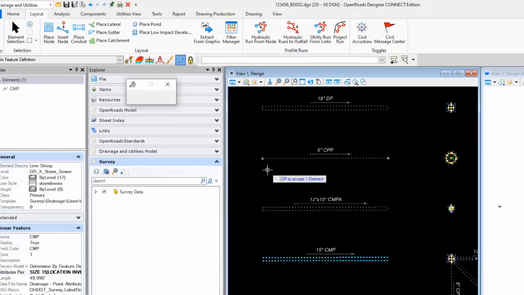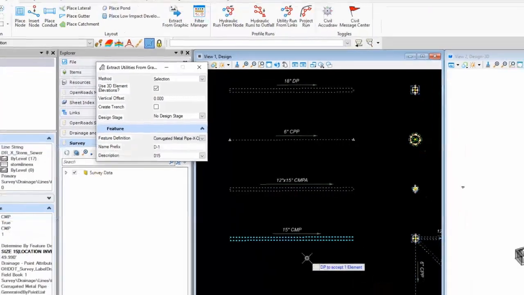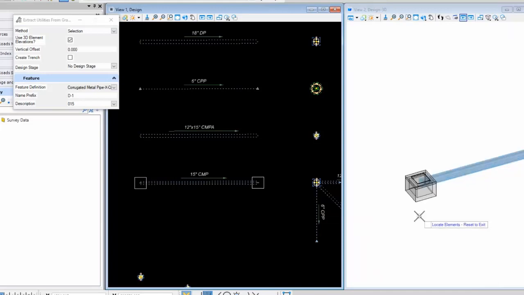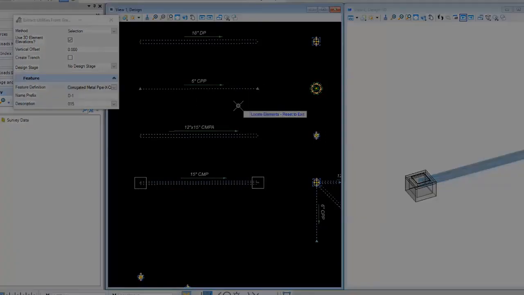So I still need 2 nodes for this to work, and you can see that it's placed a couple of nodes at each end. And these are just Bentley default nodes, and I have not looked into whether we can change those defaults to something that's more appropriate for just an open pipe. I don't know if JD has looked into that yet or not. So right now that's just using a default. So I think the preferred method would be to place these PIO points and then connect conduit between those.